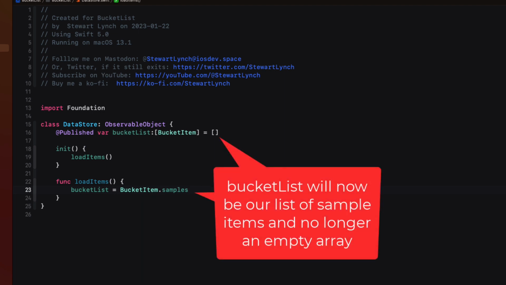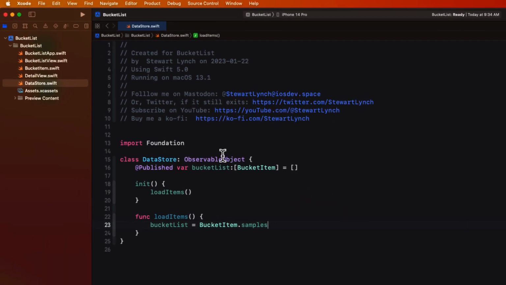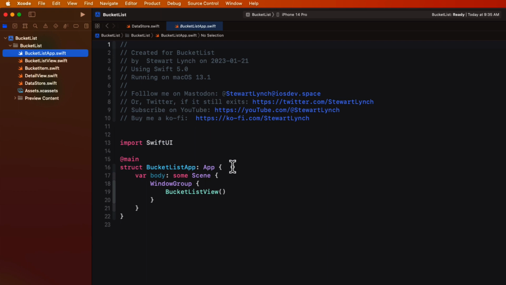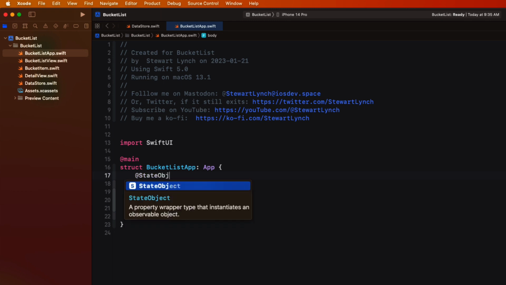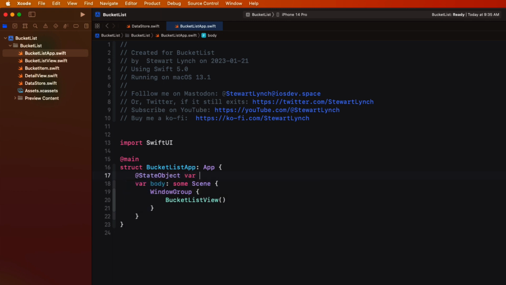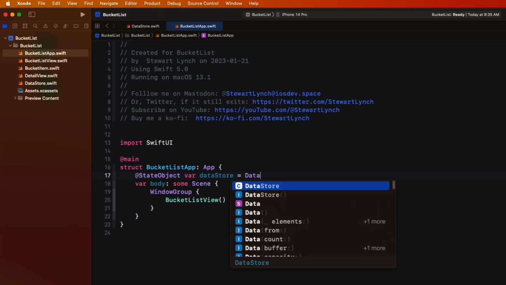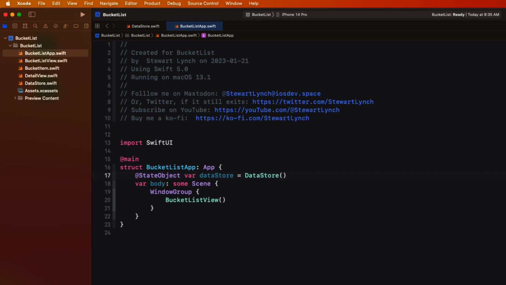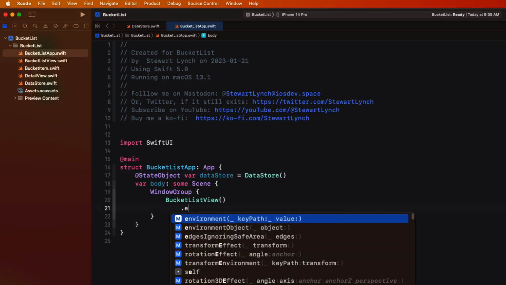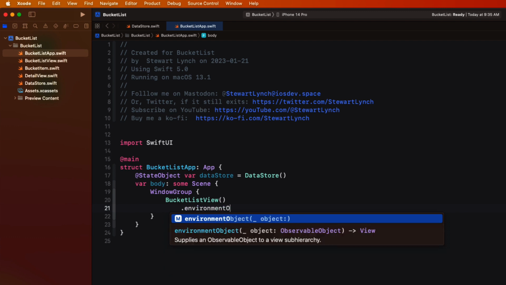Well, now that we have that class created, when our application gets initialized, and that's in the file that's decorated with the @main property wrapper, we can create an instance of this new class. So in that file, create an instance of the DataStore as a StateObject. So think of the StateObject as being the equivalent for a class object as to what State is to a view's property. So now that we have that, in the window group where we present the bucket list view,